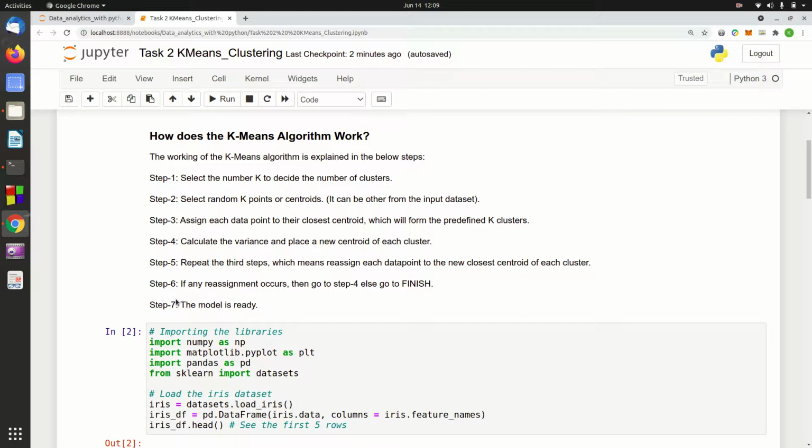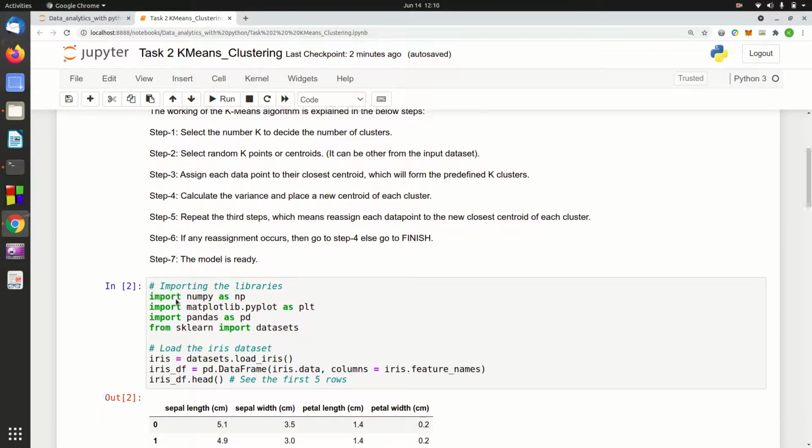Then we assign the data points which are closest to these centroids. We calculate the variance and place a new centroid of a cluster. We repeat these steps till there is no reassignment. Every time we assign the data point to the closest cluster so that we can find the best patterns in